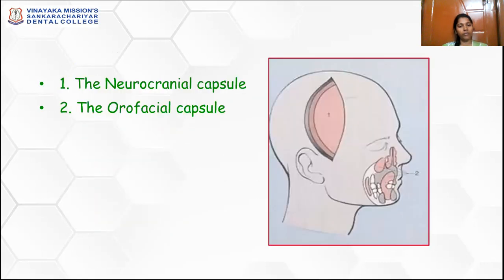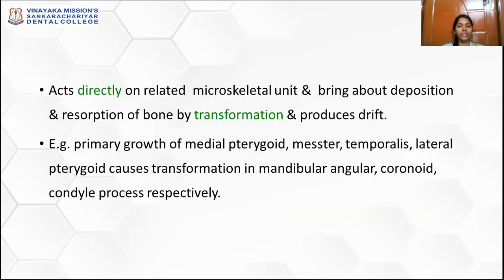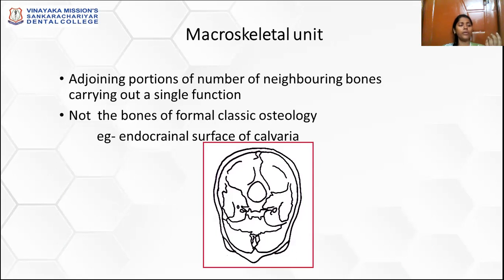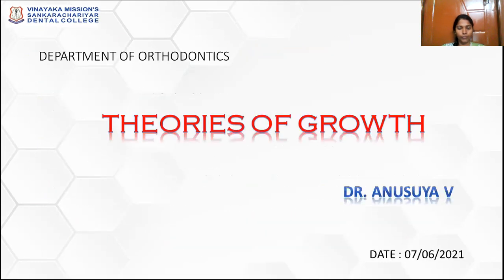So to revise once again, we can say in this way, we have the most accepted theory, that is the functional matrix theory. Melvin Moss talked about the functional cranial components. FCC were first described by van der Klaauw in 1948. Later on, Melvin Moss spoke about the clinical side: whatever things we try to do, even the surgical case, your corrective orthodontics, your functional appliances in preventive or interceptive orthodontics, everything is based on the functional matrix theory only. If you can stabilize it, then only you will be able to get better stability. If you don't follow this balance in the functional matrix theory, then it is not going to produce results. That is about